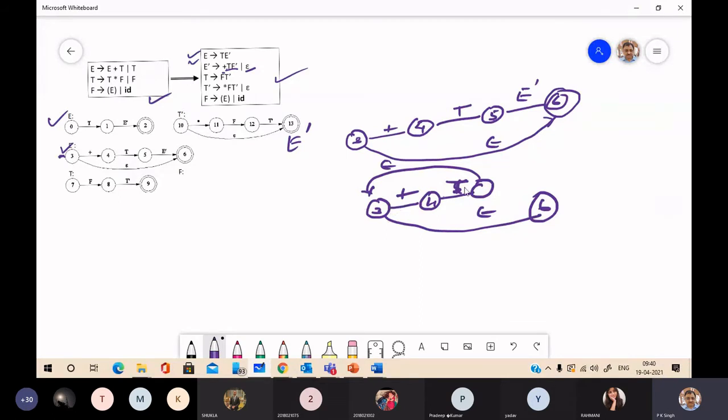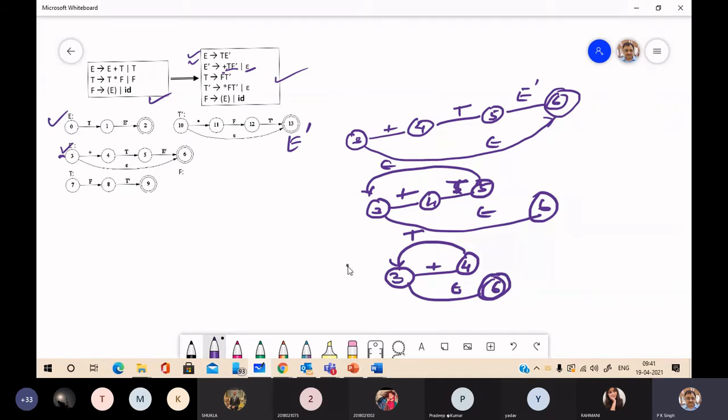Then we can merge. This is state 5. So 4, 5, 5 with 3. So you will get this: 3, plus, 4, T, 6, epsilon. So this is the transition diagram for E dash.